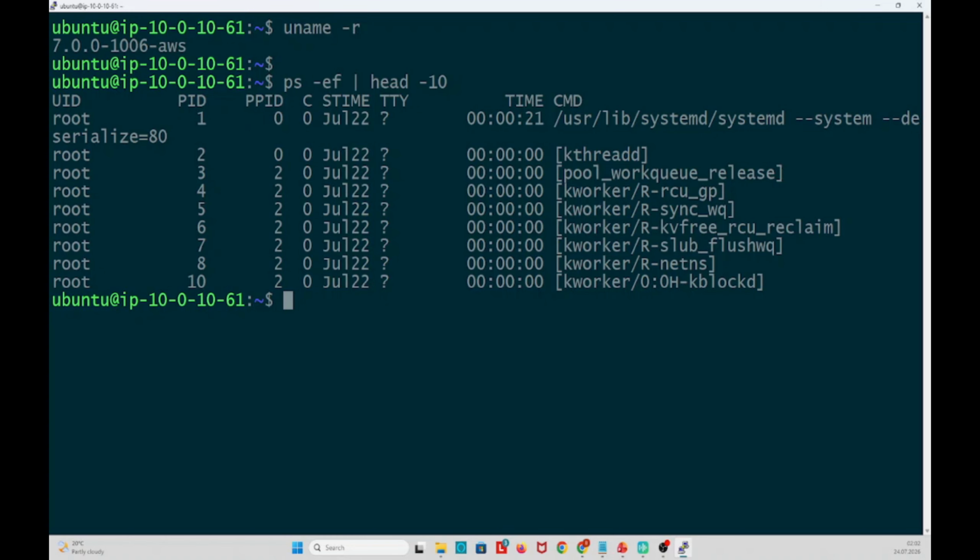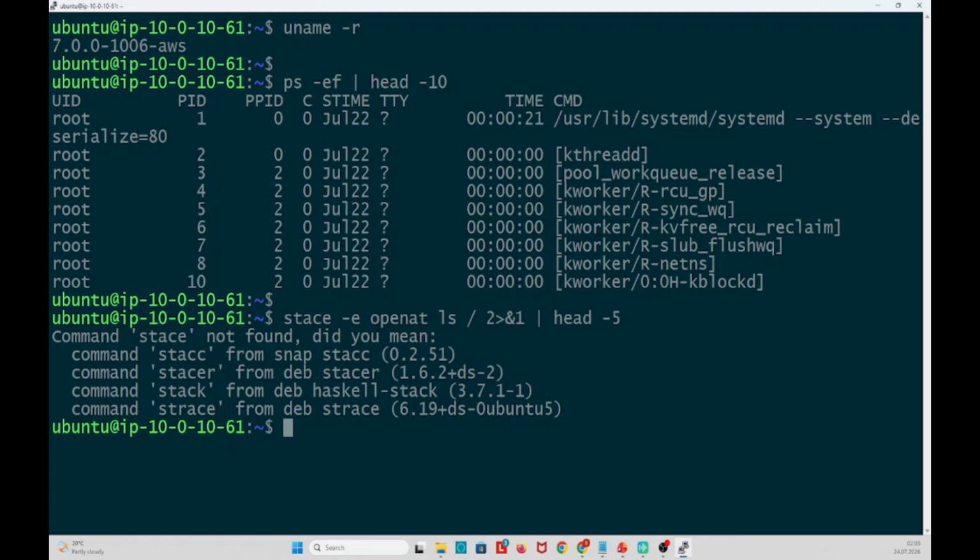To have a look at what a system call is, we need to run another command. The command we're going to use here is strace -e openat ls /etc, and I'm going to get just the first 5 lines. We are going to get used to these commands, so don't panic at the moment. So when I hit enter,